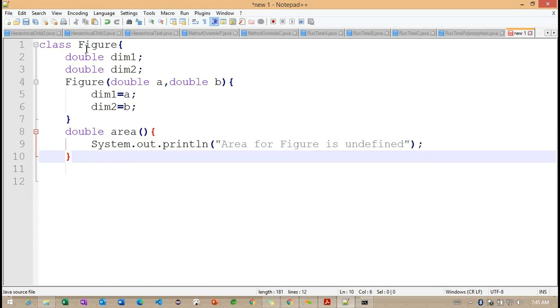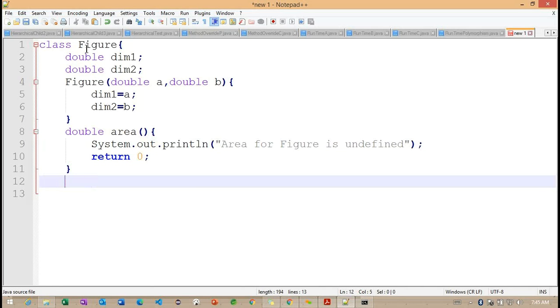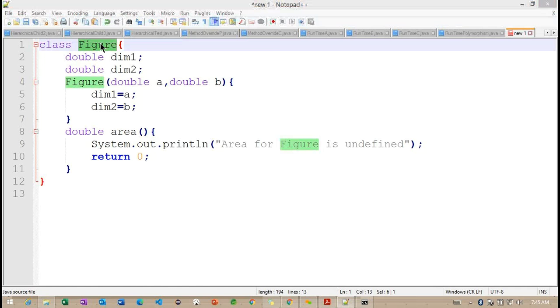We'll keep this message as is, and this method is trying to return some value. Now we can return 0 here. So this is completed because I'm not implementing anything. Inside this Figure class, if I call the area method, it will return 0.